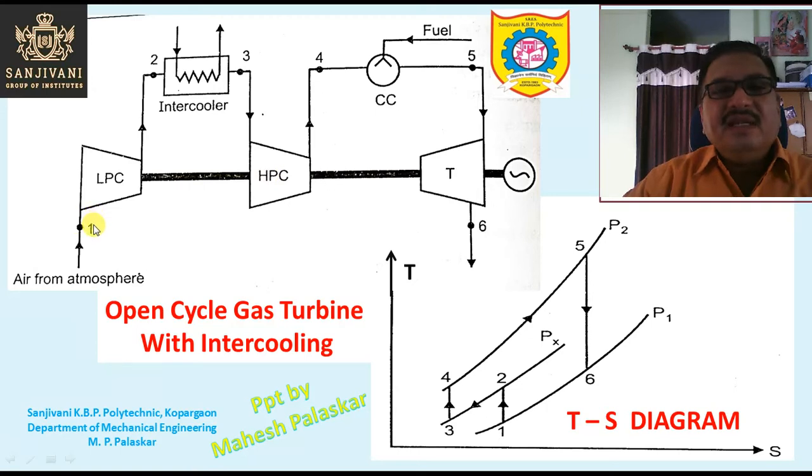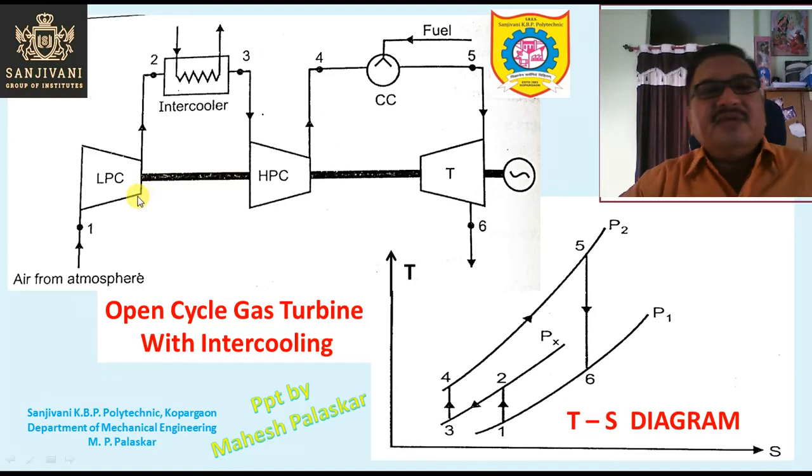So first of all, in the low pressure compressor, the air is compressed. The air enters from the atmosphere inside the low pressure compressor, and it is compressed to an intermediate pressure, and after that this air is cooled in the intercooler, and we are trying that after cooling the temperature of the air should be equal to the temperature of the air which is entering the lower stage of the compressor, and that will be perfect intercooling. Now practically perfect intercooling may not be possible, but we can go as close as possible to the perfect intercooling, right?